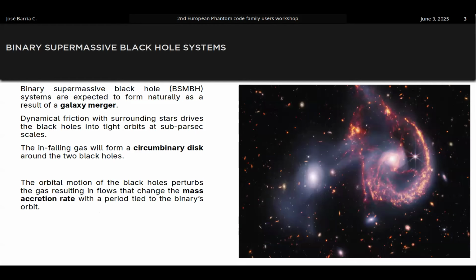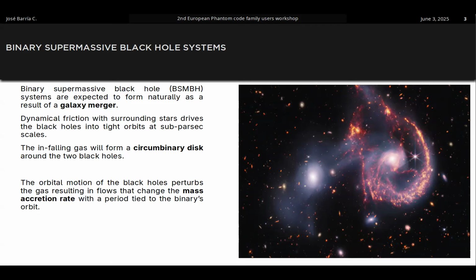There it is. So, as a little background, we expect to find a supermassive black hole in the center of every galaxy in the universe. For some galaxies, another phenomenon is called an active galactic nucleus, which is when these supermassive black holes start accreting gas at such high rates that they start emitting huge amounts of radiation into space, so we can see them from very far away distances. And another phenomenon which is very common in the universe are galaxy mergers, which were actually very common in the early universe. And we expect supermassive black hole binaries to be formed from these mergers.